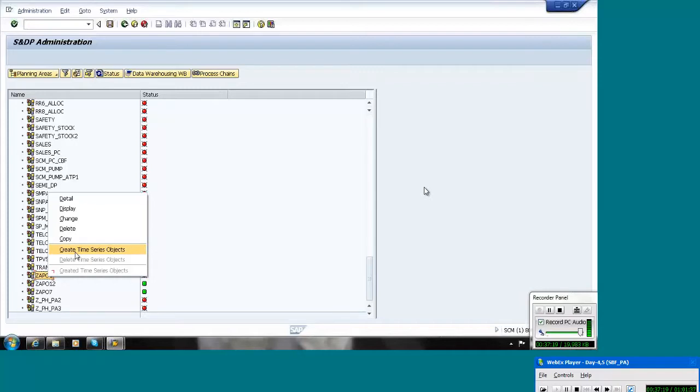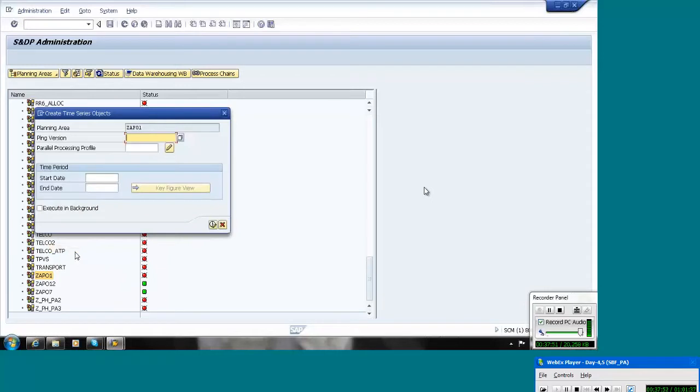Another thing: to create a time series, your MPath should have a minimum of 1 CVC value. We have already created 3 CVCs, 4 created and 1 deleted. So 3 CVCs are there in our MPath, so we can directly create the time series. But without any single CVC, you cannot create a time series or activate the planning area.